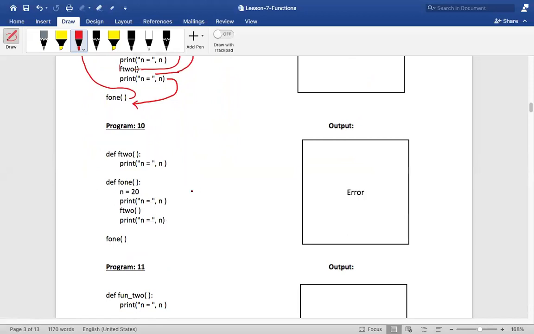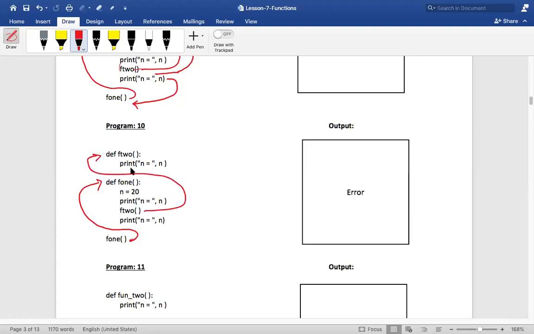So Akshata, can you please help me out with this program? Yes. F1 will be called. So we are in the main context, and from the main context, F1 is called, and the control will come to this function definition. Then I'll enter into the function definition. It will be printing 20 first. First 20 will get stored in n. N value is 20. Then n will be printed. Then it will call F2.